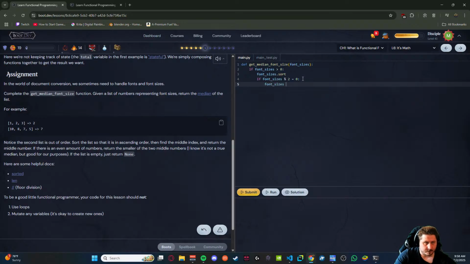Font sizes minus equals 1. Equals the length minus 1, divide that by 2, and then return the value.